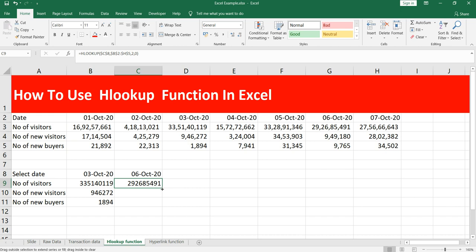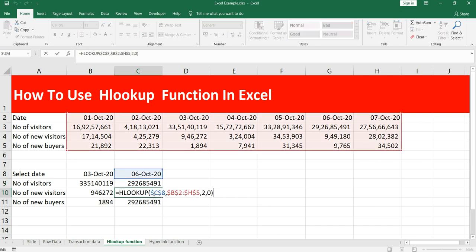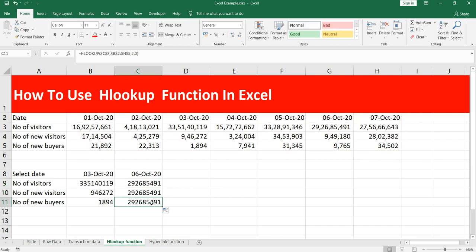Now if I drag this formula, you will see that the numbers are the same as above. The number of visitors is also coming for number of new visitors, and number of new buyers is also coming, which is equal to number of visitors. The reason behind it is that you have not changed the index value.